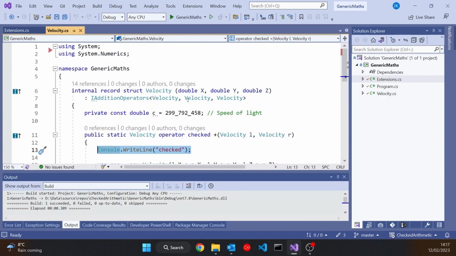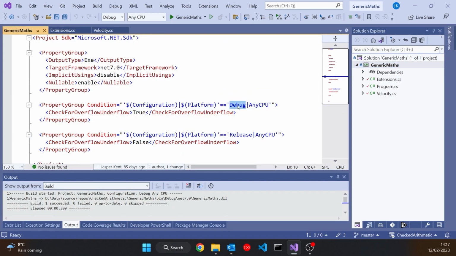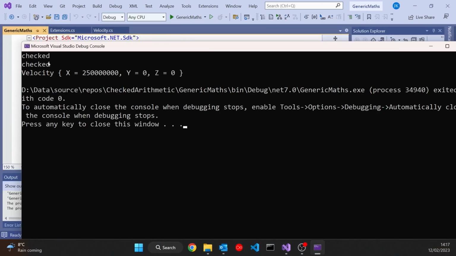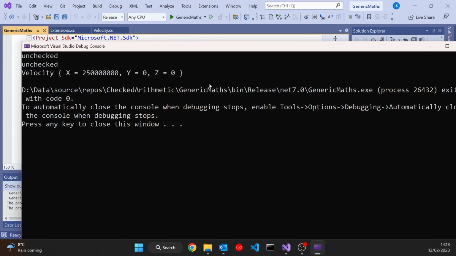Well, that can be determined in a number of ways, but the way I've got it determined here was on the basis of the project setup. So if you look at the project, we can see I've set it up so that if we've got a debug build, we go for it being checked, and if I've got a release build, we go for it being unchecked. At the moment we're in a debug build, so if we run this, we can see we get checked called a couple of times as we loop through the list. Whereas if we switch to a release build and do that, then you can see we're getting the unchecked version, and it's not actually overflowing in either case, but we can see which version is happening.